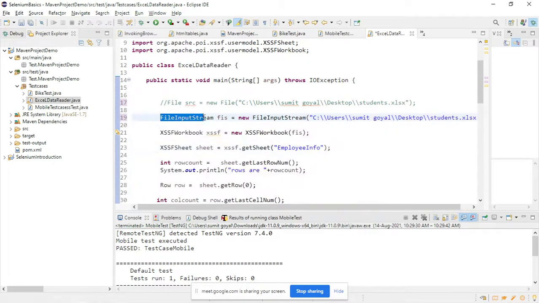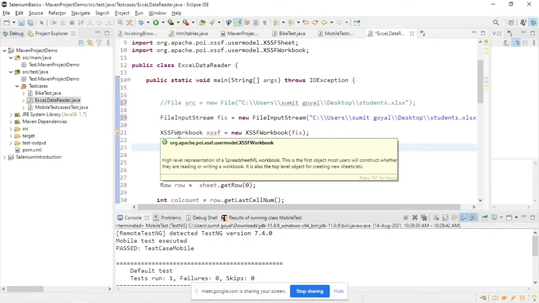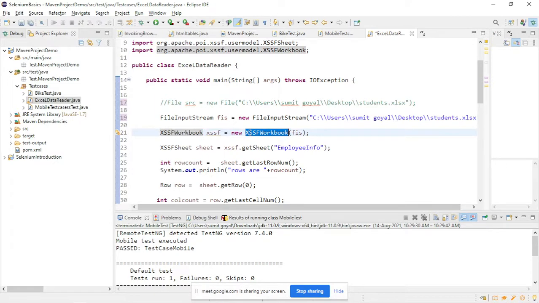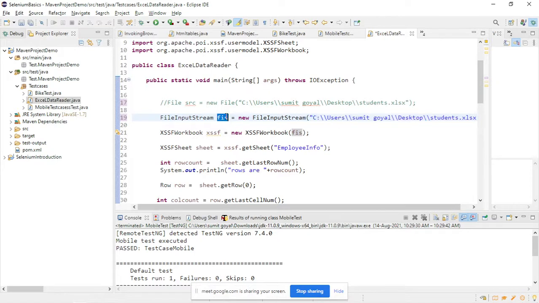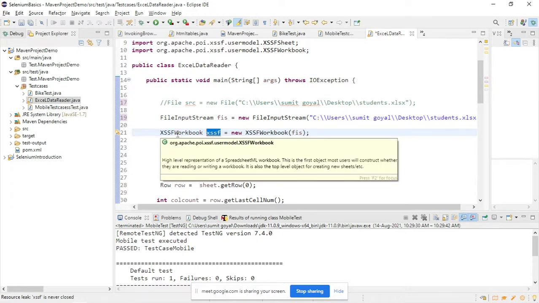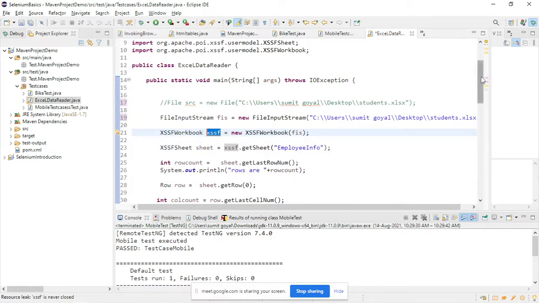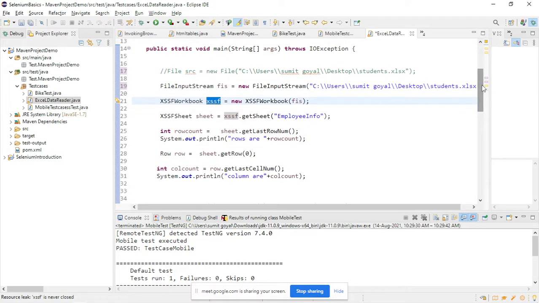So basically I'm creating the object of this class because this class has the capability to read the file. So this is the path. Now this Workbook, this is again a class. I am creating the object of this class, and now this is the object name. I am providing it here. So now because you can see here when I'm providing the path here, this object has the knowledge, right? If I provide this object here as well, now this class object also has the knowledge of where your Excel sheet is present, and this is the main class that will help us to get the data from our Excel file.